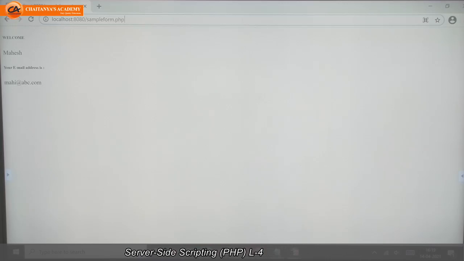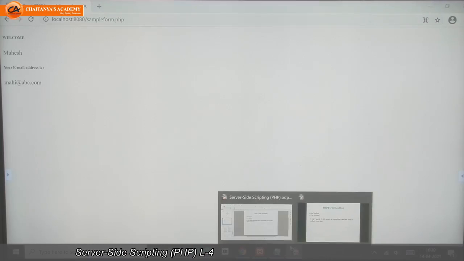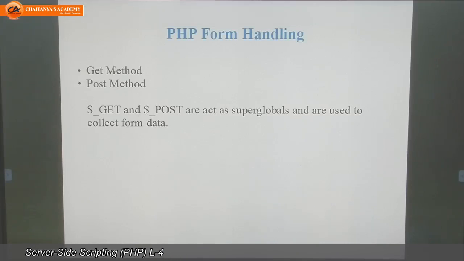That means when we use the get method, everyone can see the variables and values of those variables in the URL, after the URL string. But when we use the post method, we are not able to see the values after the URL string.